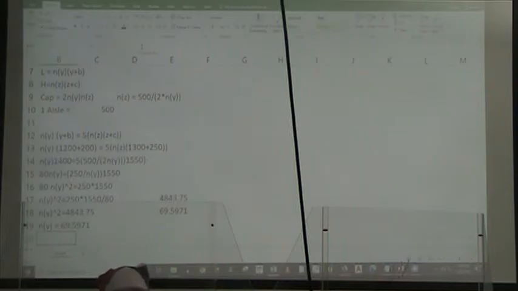So we're calling it 70? 69.59. Well, I think we need to call it 70 because otherwise we get an ny and an nz that are going to be very, very hard to work with. 70 it is. And since they're supposed to be integers,